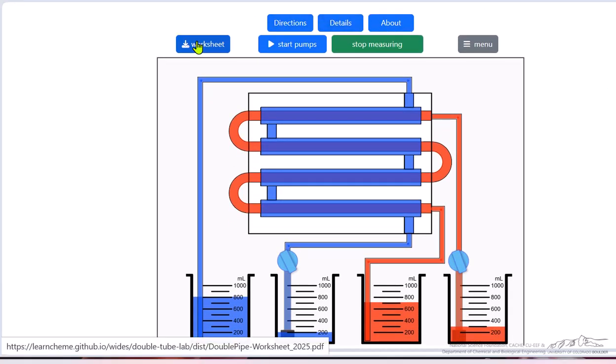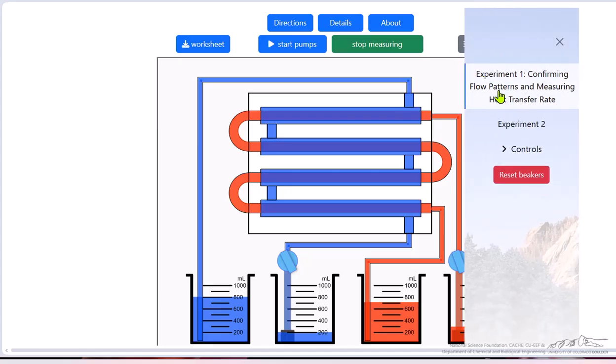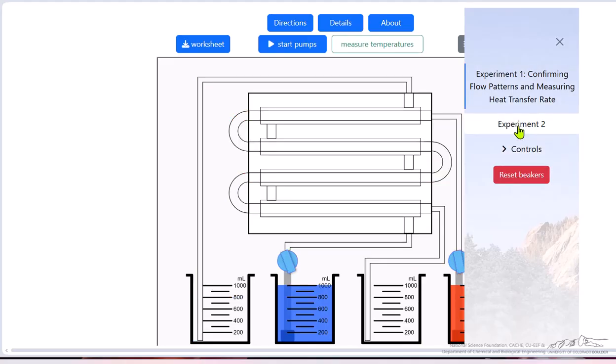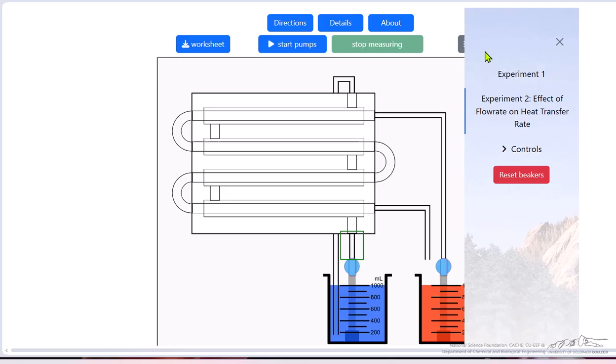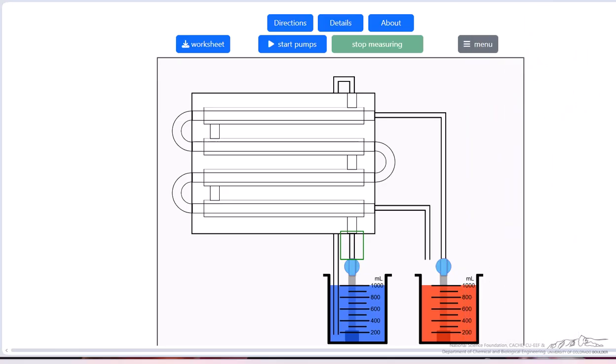We have a complete worksheet that you can download as a PDF file, and it explains steps to lead through and measurements to make, calculations to carry out to do the full experiment. We can also look at the menu where there's a second type of experiment, so we can reset the beakers. We can go also to the second experiment, and I'll close this so you can see better the